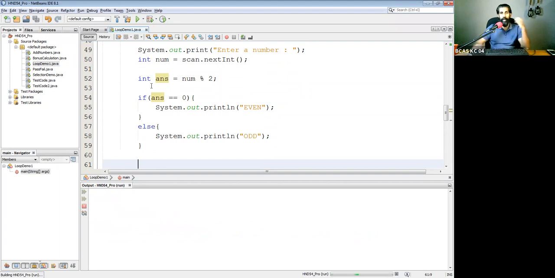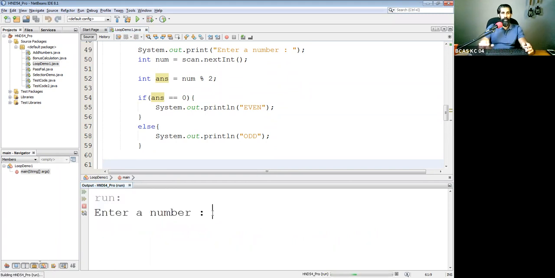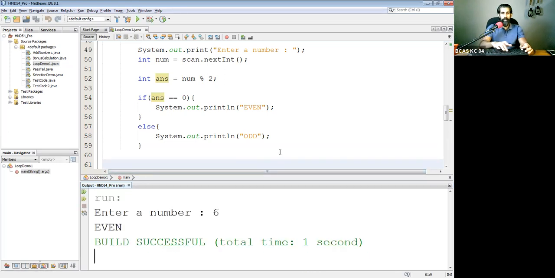So when you run this, the program is waiting for your input. Enter a number. Let's type 7. It says odd number. We all know 7 is an odd number. Once we run again, 25, odd number. 12 is an even number. 6 is an even number. We tried now. 8 is an even number. 12 is an even number. 11 is an odd number. It's an odd number. Understand? So that is how it's functioning.